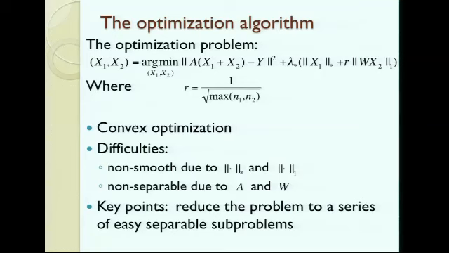Okay, so the key point is the difficulty is non-smooth because this is like the L1 things. It's not too bad, non-smooth only at the origin, and otherwise it's almost linear. So in a sense, non-smoothness, before, people dealt with it with other methods, always trying to smooth these things, but here there are a lot of recent developments telling you this is not very formidable, but non-separable actually makes things a little bit harder. So the key point is you want to reduce such a problem to a series of